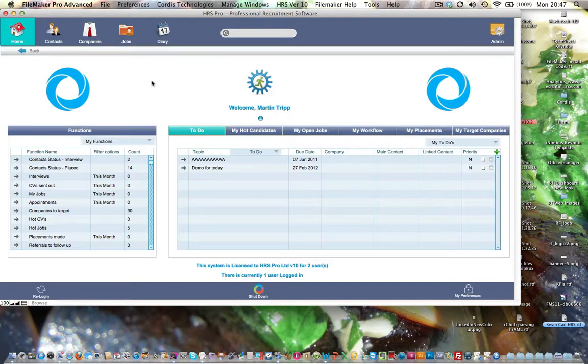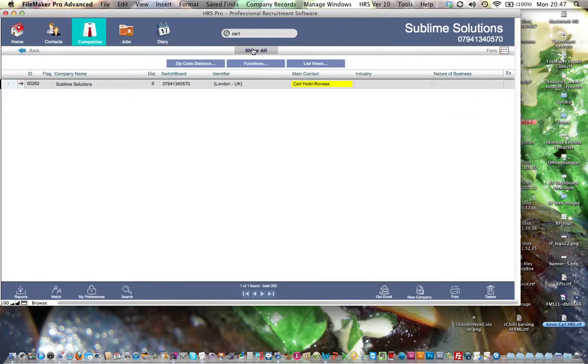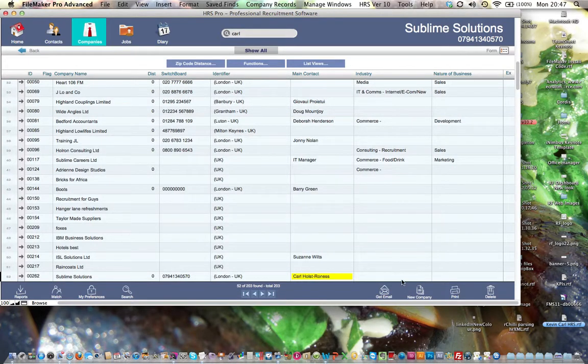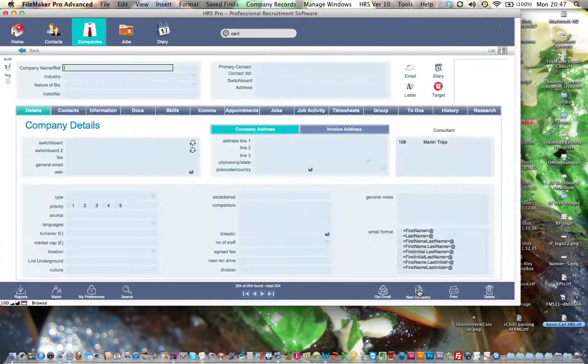Okay, let's create a new job, for example, or a company or a contact. We can do all three in one go. So let's go to the company record. I'll show all records here. We're going to create a new company, then create a contact for that company, then create a job, all in one go. So new company button at the bottom, get a blank record,